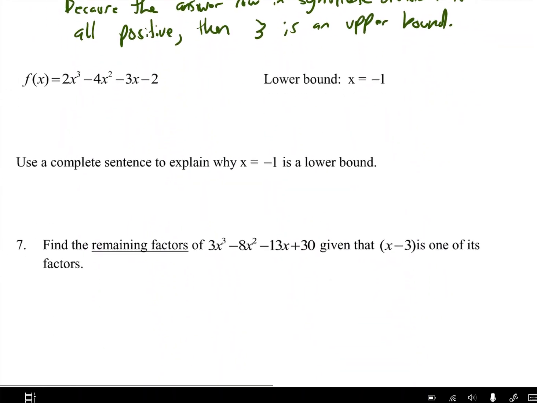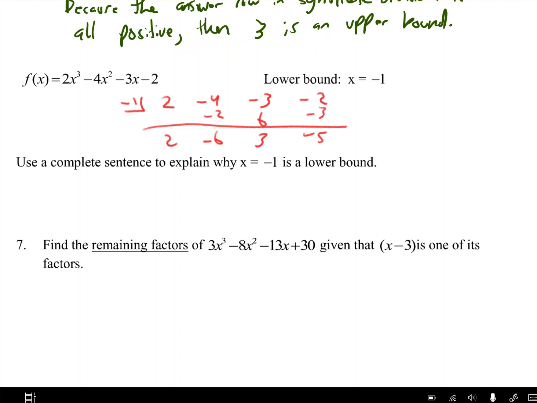Okay, so similar idea for testing for lower bound. We can go ahead and do the synthetic division. So add down, multiply, add down, multiply, add down, multiply, add down. Okay, so if they were all positive, that would be an upper bound. And if they alternate between positive, negative, positive, negative, positive, negative, then that's how we're going to know that it's a lower bound. So a complete sentence could just be because